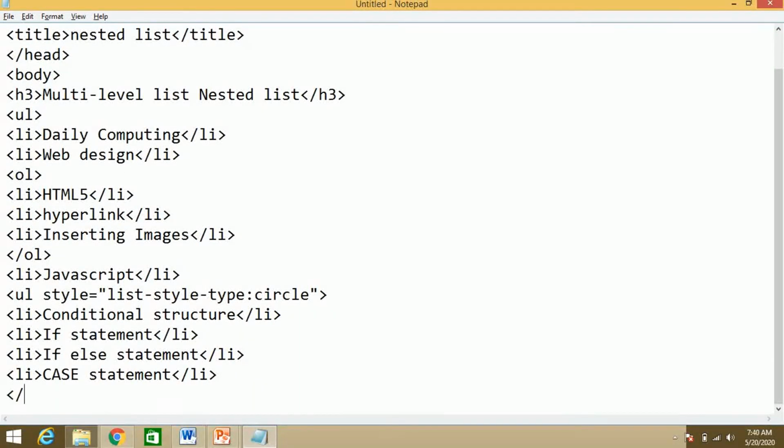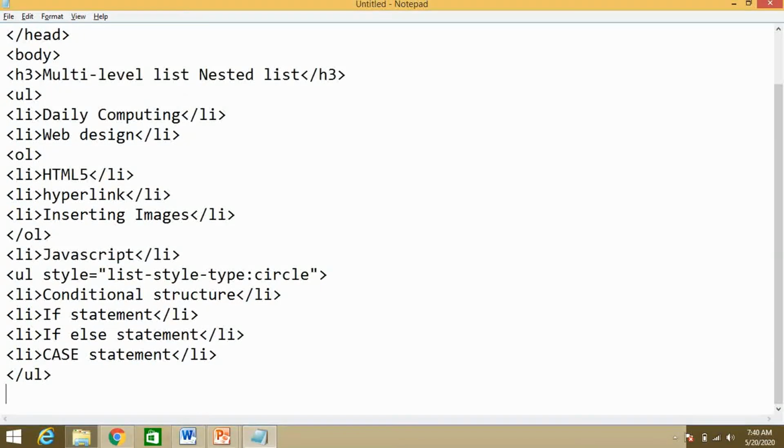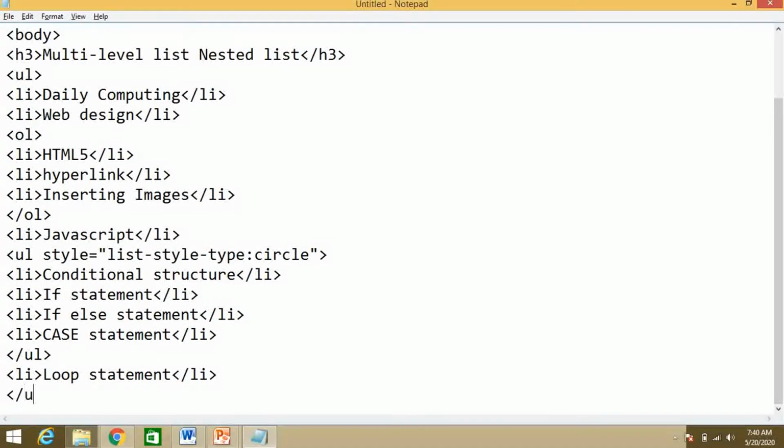just close this ul tag also, and after that li loop statement. Okay, loop statement, just close this li tag, and that main ul tag that we have opened in the beginning, that should be closed.